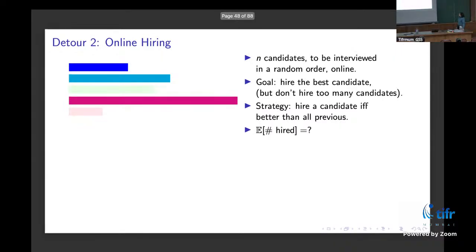Okay. So what is the expected number of candidates hired? Well, it's a rather straightforward calculation. So let's ask the question, what is the probability that